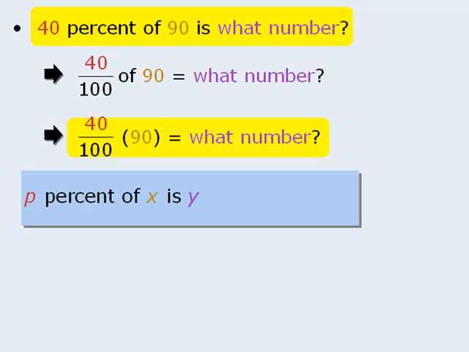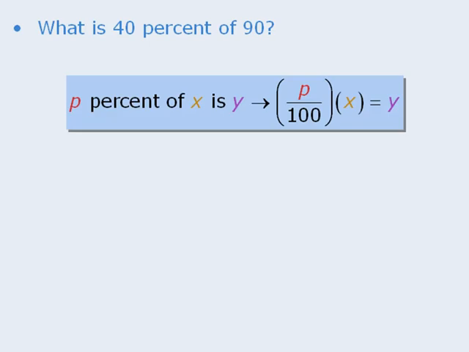In general, we can take the sentence p% of x is y, and we can rewrite it as p over 100 times x equals y. Now let's use this to answer the questions we answered earlier using a different approach. Now, to apply this rule, it's a good idea to first rewrite the question in the same format as in